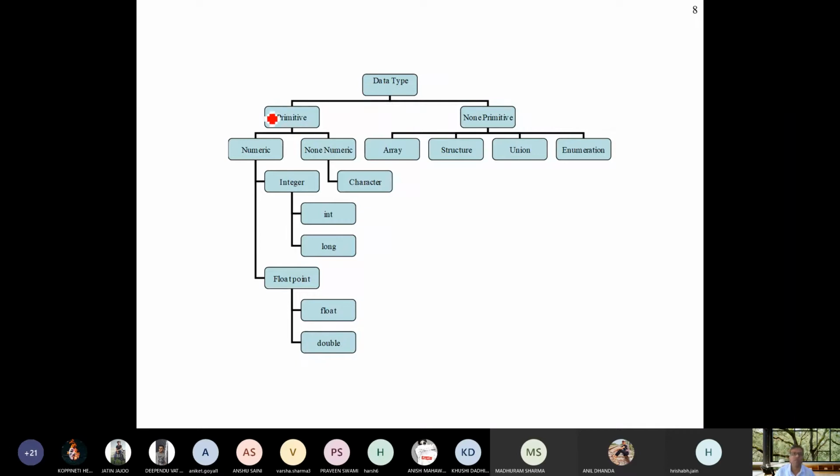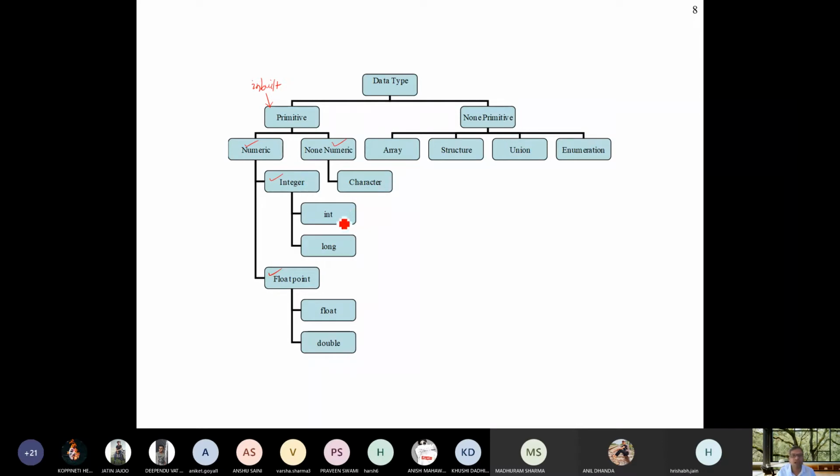So there are primitive data types. Primitive means inbuilt data type, already available with the compiler, where numeric and non-numeric data types are available. And in numeric, there are two different data types, integer and floating point.